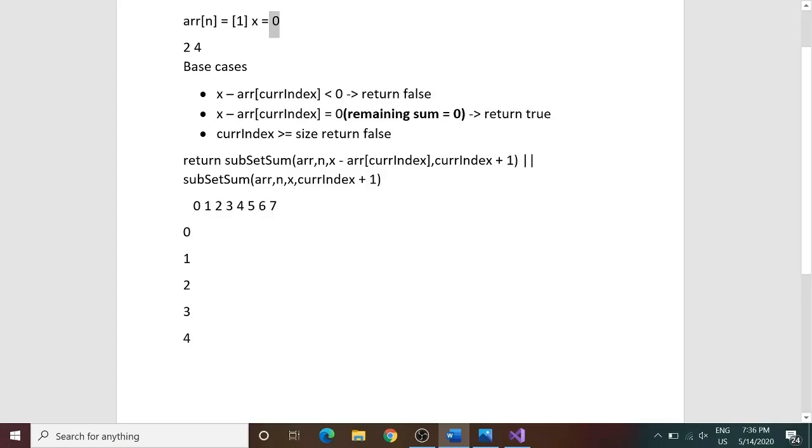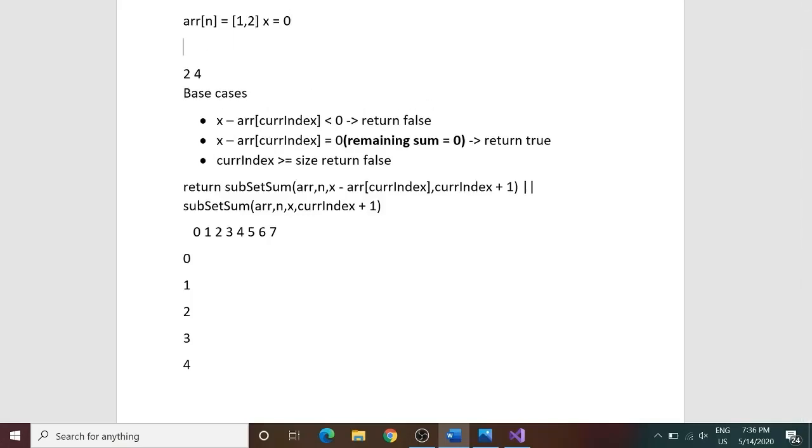Again, what does the intersection of this 2 and this 0 mean? What does this matrix node mean? This matrix node means that I have 2 elements with me. So, how many subsets would I be having? I would be having 4 subsets and the null set would be one of the subsets. So, can I make 0 out of any of the subsets of 1 and 2? Yes, I can make it. Again, with the help of the null subset, I can make a 0.